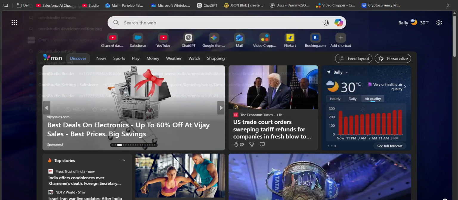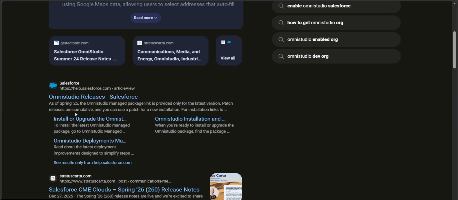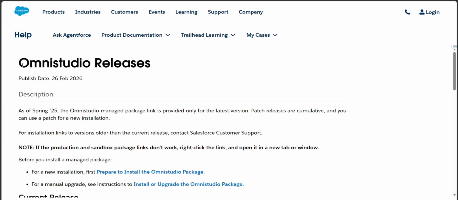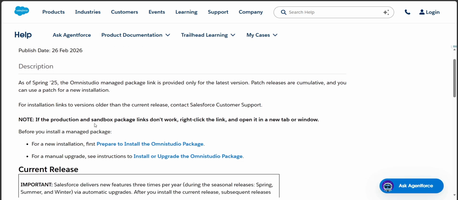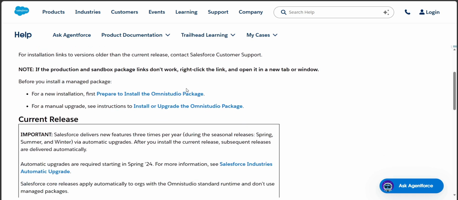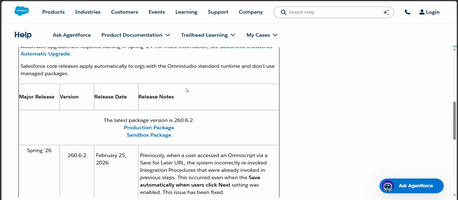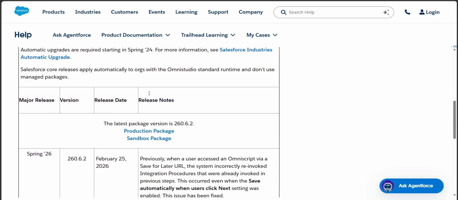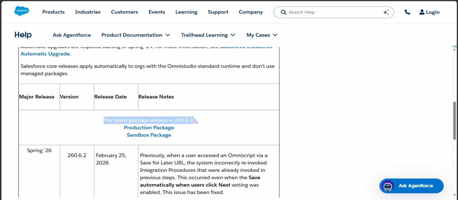Omnistudio Releases. You can find this official help article from Salesforce, and on clicking on it, we can find this article, Omnistudio Releases. As of Spring 25, the Omnistudio Managed Package link is provided only for the latest version. Patch releases are cumulative and you can use a patch for new installations, right? And just after scrolling down a little bit, you can find the latest version, like this one,